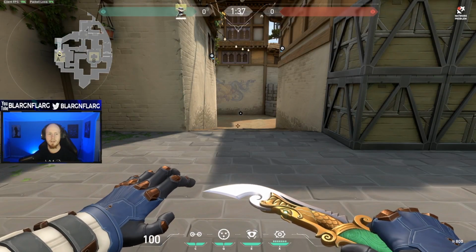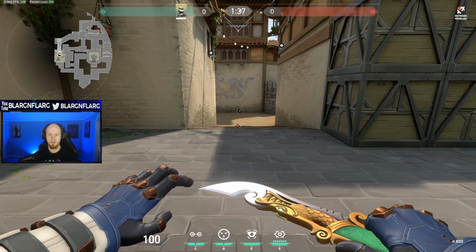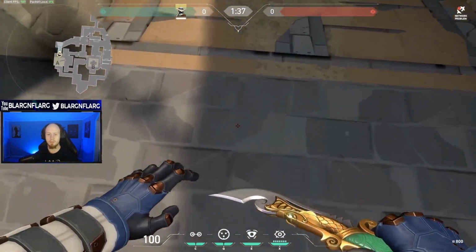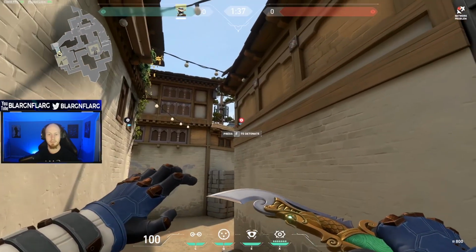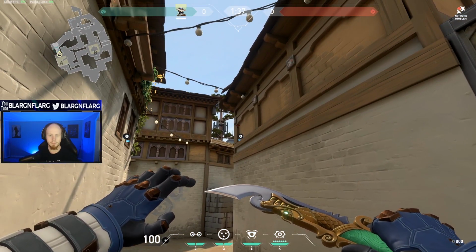Okay, guys, so over here on Haven Site A, if you want a good setup for a long A one-way smoke, I'll actually one-up you and give you 2. Run all the way up here, stop yourself on the corner for the second brick right here, and from this very spot, you can actually set up both of these one-way smokes. One of them over here on the right side,